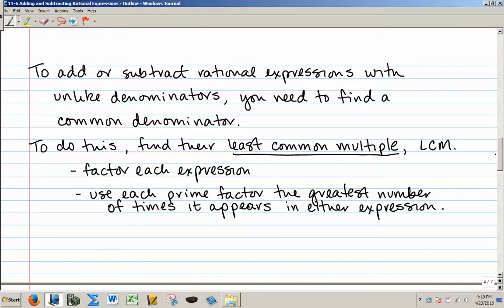Now, to add or subtract rational expressions that have unlike denominators, you do need to find a common denominator. To do this, we need to find their least common multiple, also called the LCM. To do that, we're going to factor each expression, and we're going to use each prime factor the greatest number of times it appears in either expression. So let's do a couple examples of